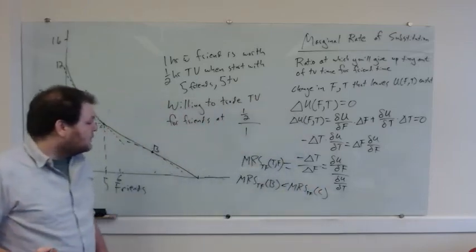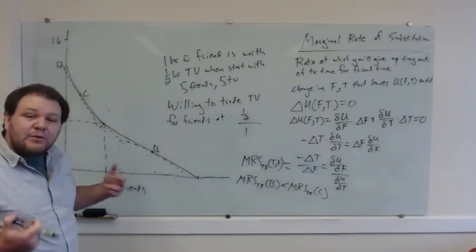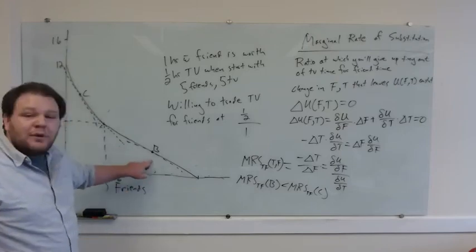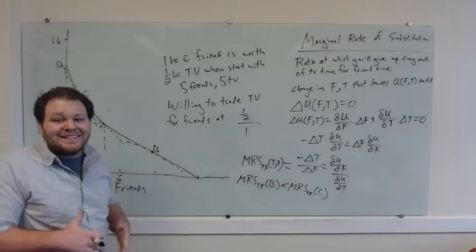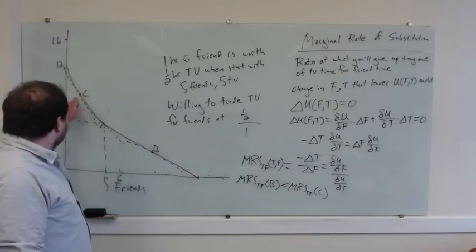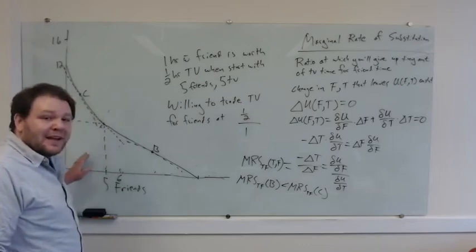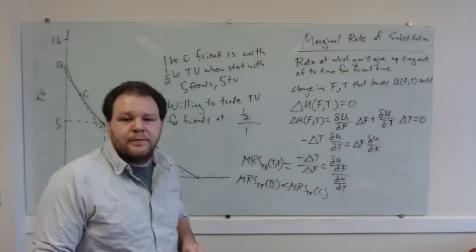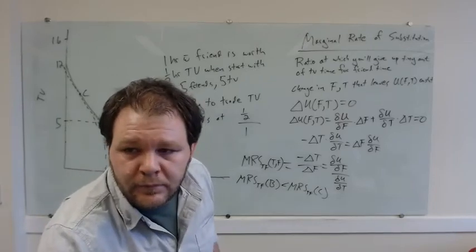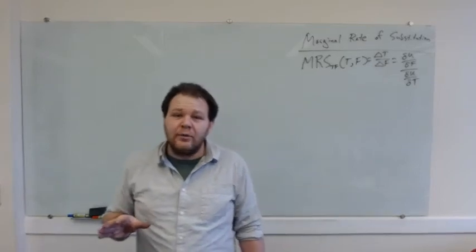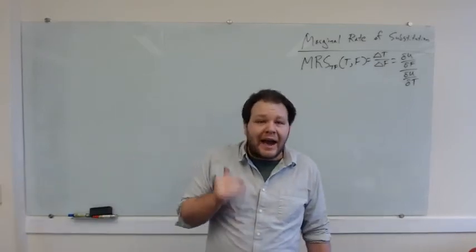Which means that I value TV time less relative to friend time at point C than I do at point B. This is another way of seeing that diversity is better. As I increase my amount of TV time and decrease my amount of friend time, the relative value of TV time goes down. Okay, so where we've left things now is we found out in theory how to calculate a marginal